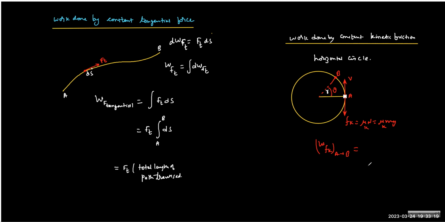Because it is tangential, it is always opposite, so we have to think of only the length of path. So we can write minus mu mg. Why minus mu mg? Because it's opposite of the elementary displacement, right? For every elementary displacement, it is opposite. And the length of path is how much? R theta, arc length. Understood? So your answer will be